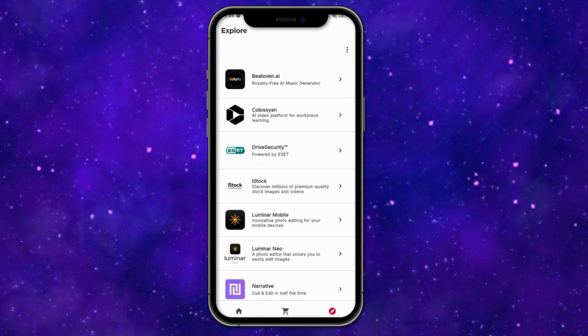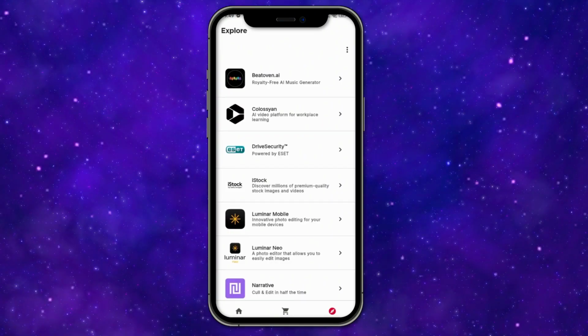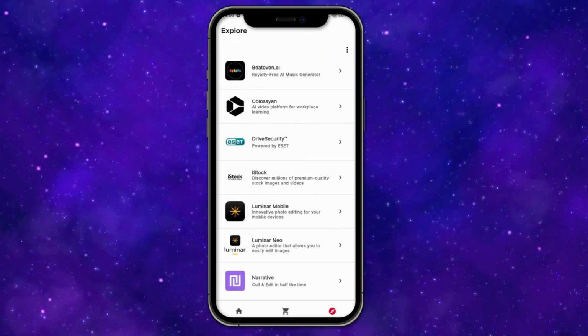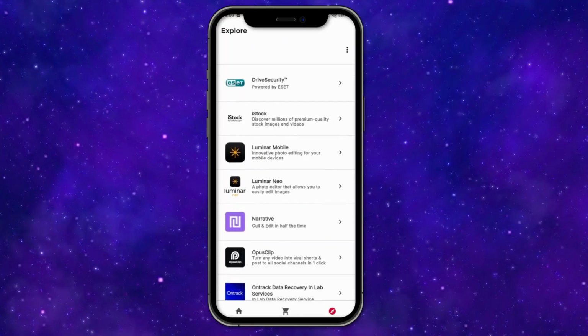So the SanDisk Memory Zone app is your all-in-one tool for managing storage. Download it, set up backups, and keep your phone clutter